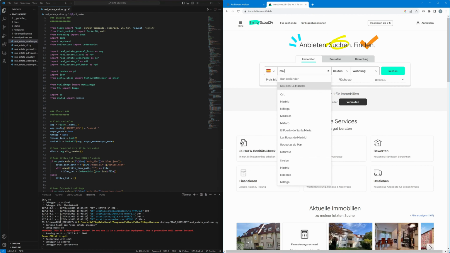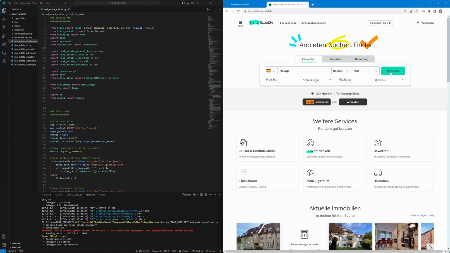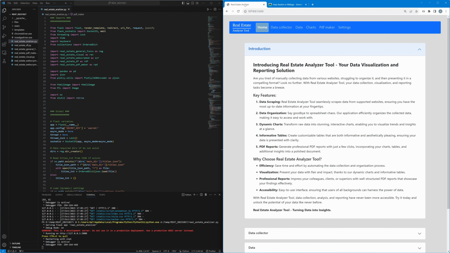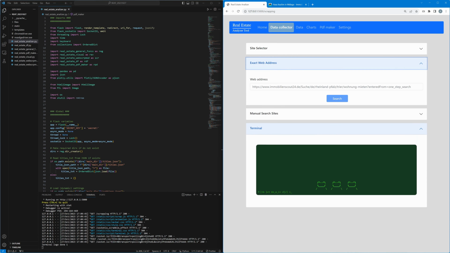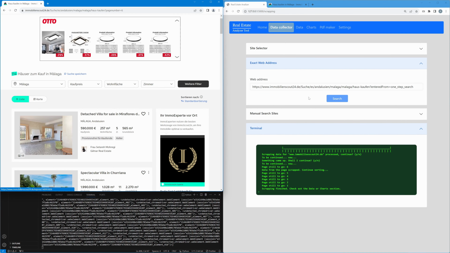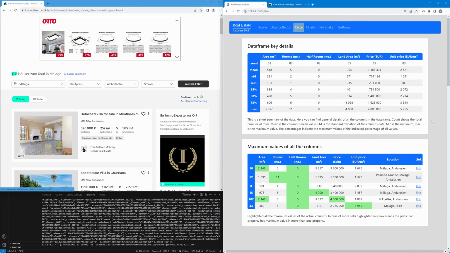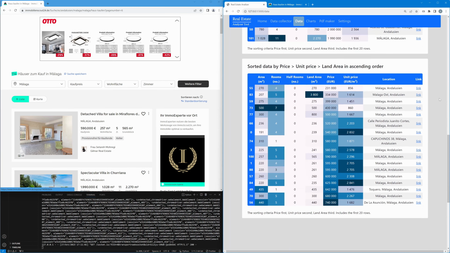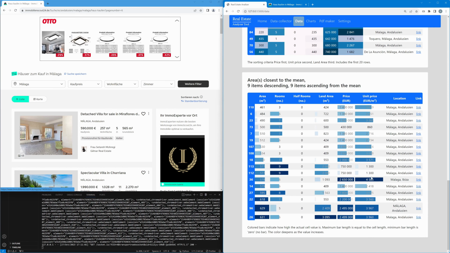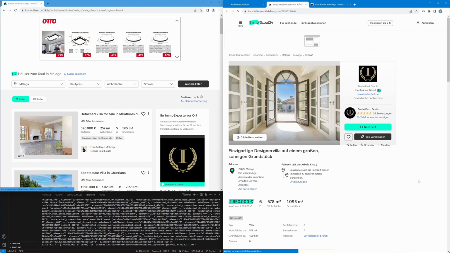Oh. For scraping a web address, users must provide the link to the search result from supported websites. Gotcha. The process thereafter remains consistent with manual search. For each item, a direct link is provided to assist the user in further investigation. If something interesting is spotted, perhaps my new home